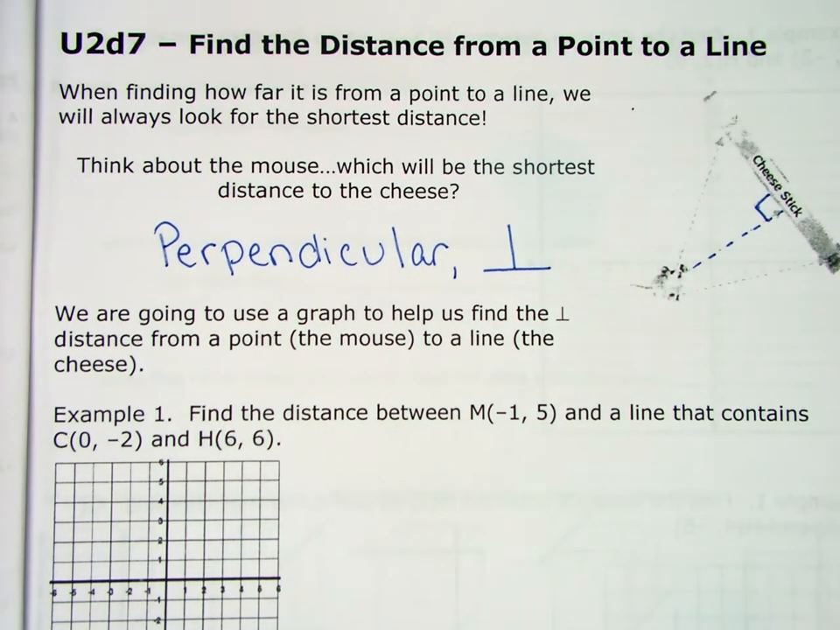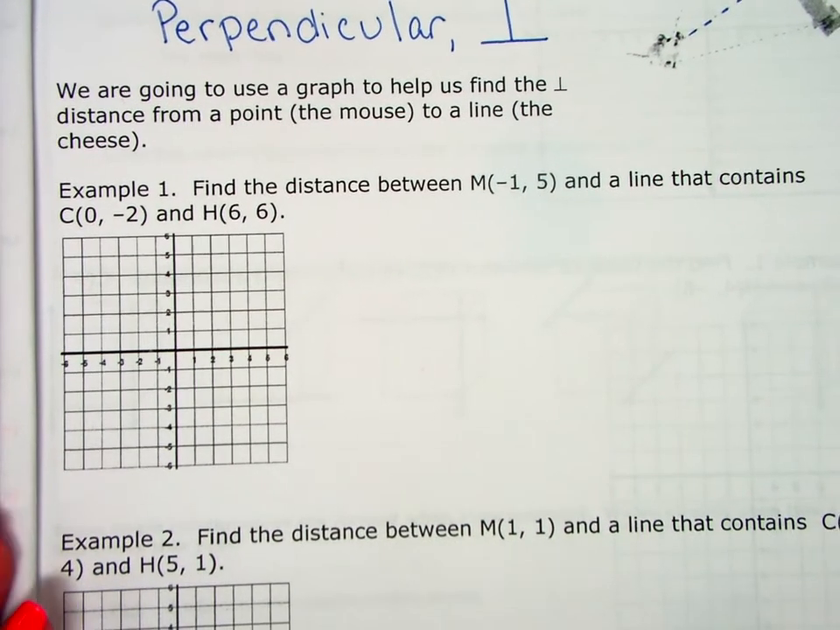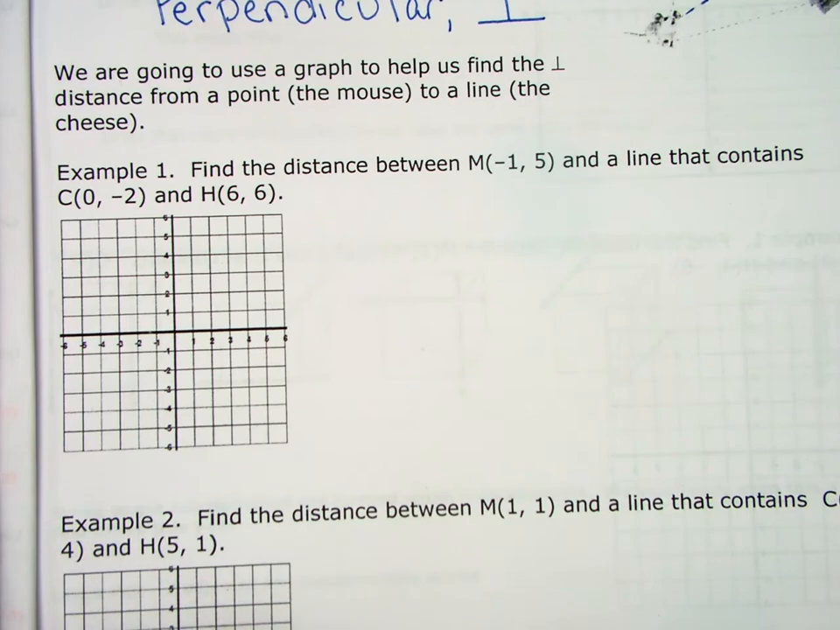So we are going to be using graphs. When you walked in, I did give you some scratch graph paper for when you get onto Schoology and do the assignment, because it's really easier if you can physically graph these problems to try to figure them out. Okay? All right, so number 1, we're going to find the distance between M, the mouse, which is at